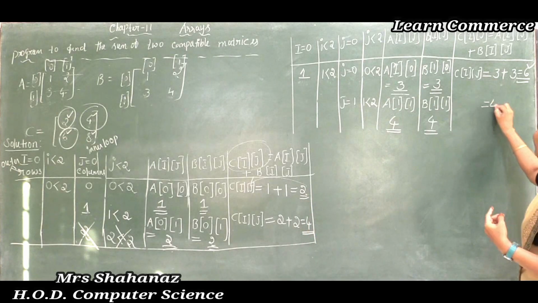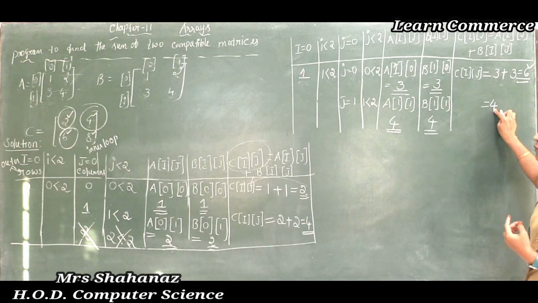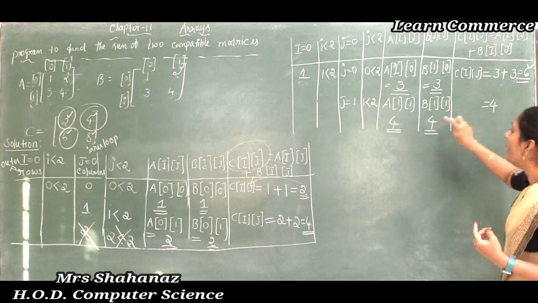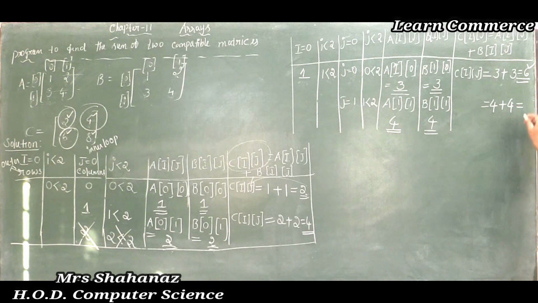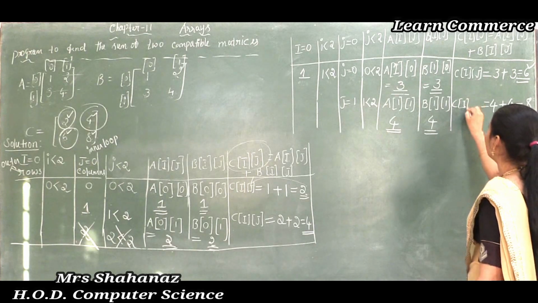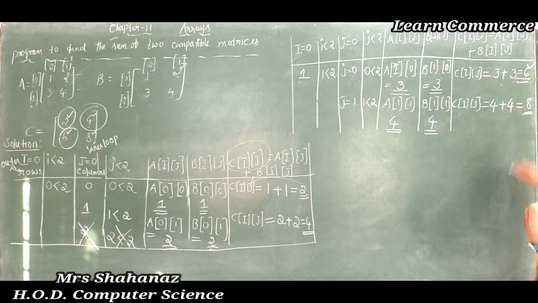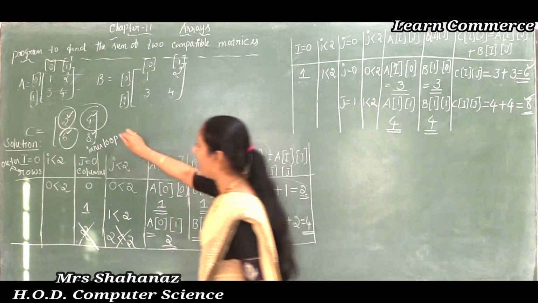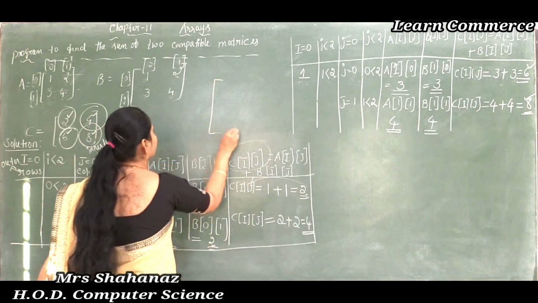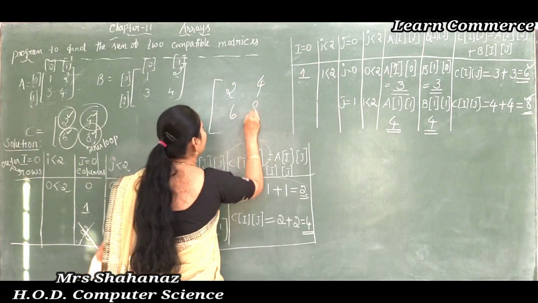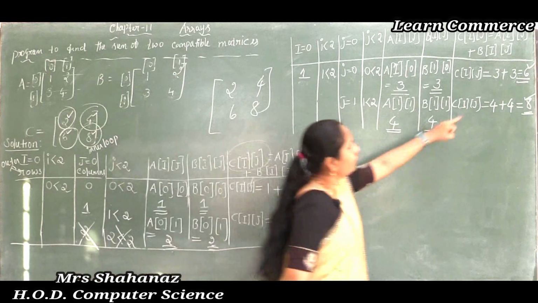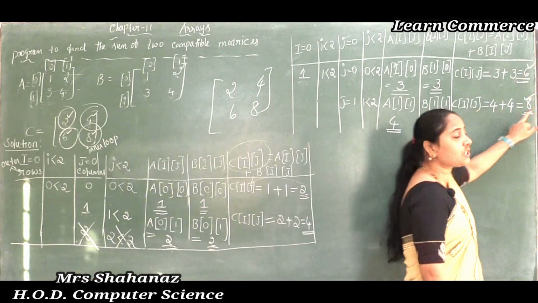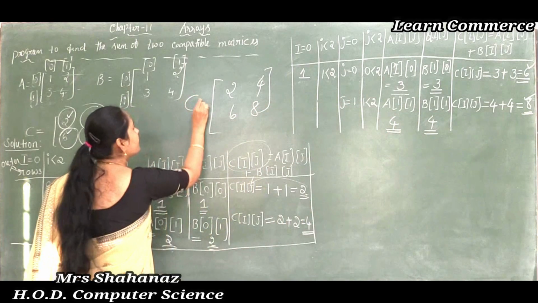Now just add it: 4 is the value of A of ij for this column, and the B of ij column value is also 4. When you add 4 plus 4, the value we get is 8. Such a value is going to be added into C of ij. Clear this point here. So now we can say this is the result, 2 4 6 8, correct? 2 4 and 6 8. Clear this one. So this is the result of C is equal to.